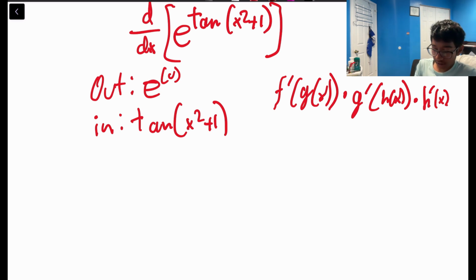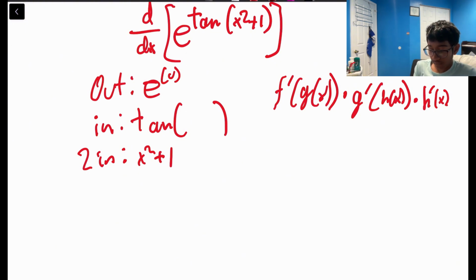So let's list this as the second inner function, h of x, which is x squared plus 1, and change this tangent to tan of v, where v is equivalent to x squared plus 1. Now we just plug it into this formula right here. It's basically extending the basic formula we had before, and you apply this formula any time you're using the